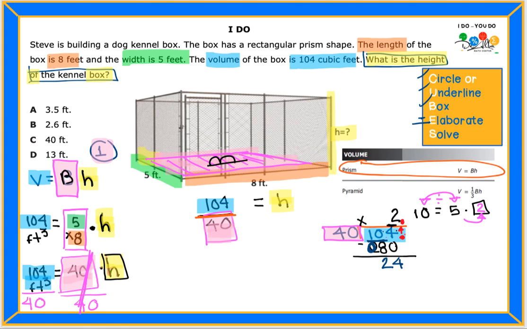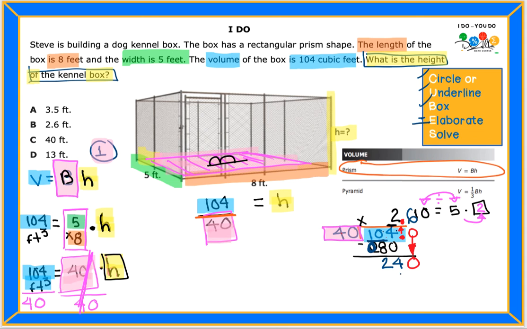Great. And now because I already have a decimal point, we can add a 0. And we added a 0, guys, because we cannot divide 40 into 24. 24 is smaller than 40. If I wanted to keep dividing, I needed to add my decimal point and then add a 0. Great. Now, think about the 4 and the 24. Can you help me and tell me what is 4 times 5? 20. Great. What is 4 times 6? 24. Awesome. Then 40 times 6